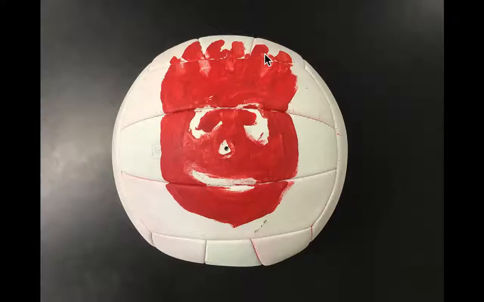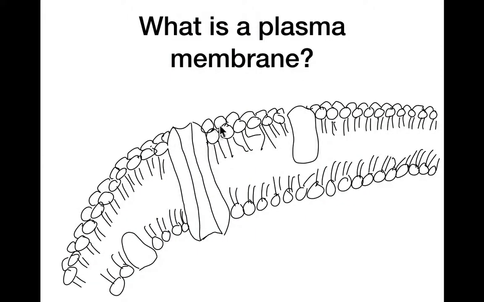So the fact that we have this outer wrapper, this outer layer, is what gives Spalding all its game, right? So hopefully everybody understands here. You're not going to be able to play any game without this outer membrane or this outer layer that separates out the air from inside the ball from the air outside the ball. And for a cell, it works exactly the same way really. We have a layer on the outside that separates out the external environment from the internal environment,